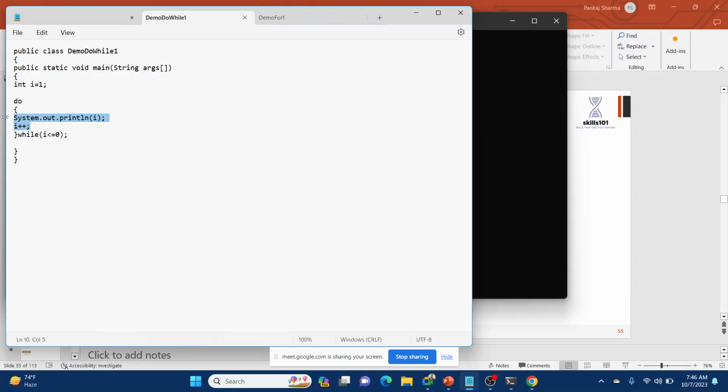So that makes the do while loop a little bit special. Wherever there is a requirement to execute things a minimum of one time, we'll use a do while loop, and wherever the minimum is zero, we will use a while loop or for loop. Normally you will use a for loop in practice also. Why? Because it's more systematic and it will help you create logic in a better way. So these are the three loops that we have in Java: while, do while, and for loop.